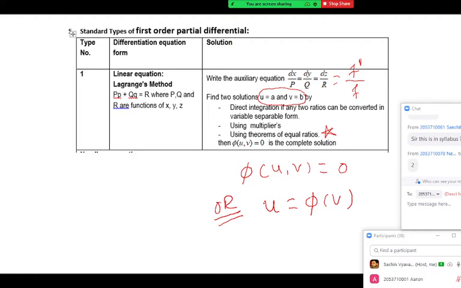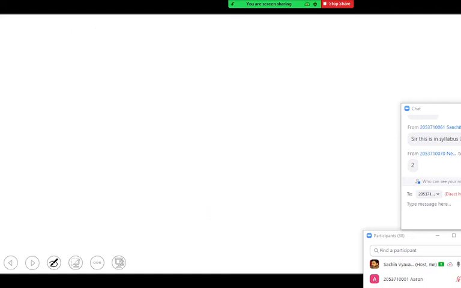Okay, now come to the example, then only it becomes clear, because I will tell you that Lagrange's method is a little tricky method. And again, the examples are not asked that much in the old question papers. In the last 4 years, a maximum of 1 or 2 questions were asked on Lagrange's, but yes, it's part of the syllabus. So let me go through it.